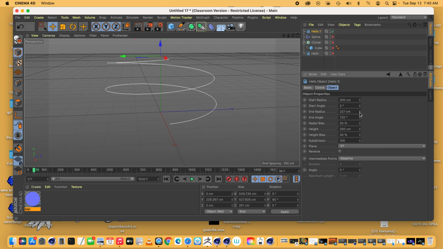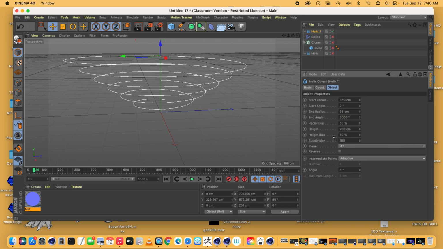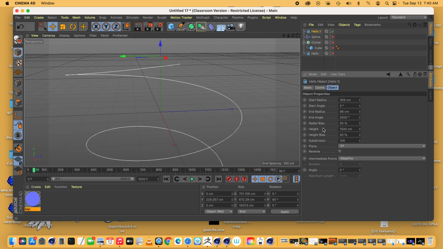You can make the bottom bigger, the top bigger, whatever you want to do. And you can change the end angle so it gets more spirally. You can change the height. It's probably too high. Let's do 150